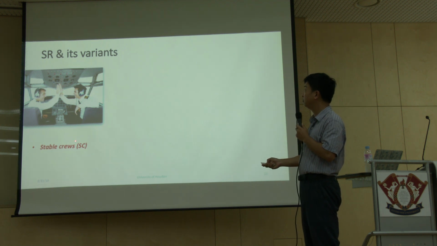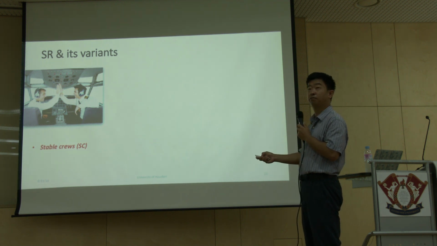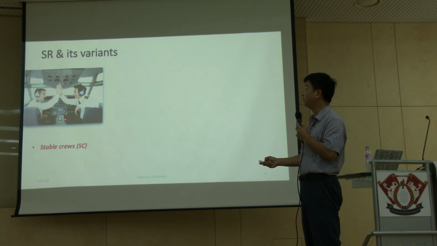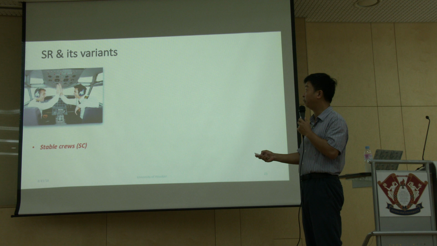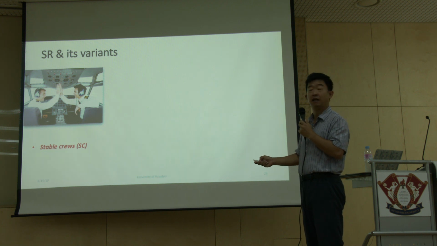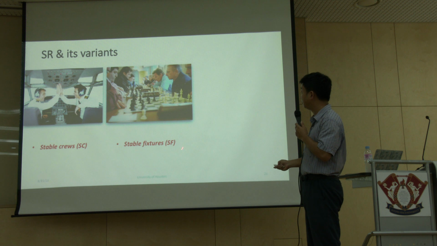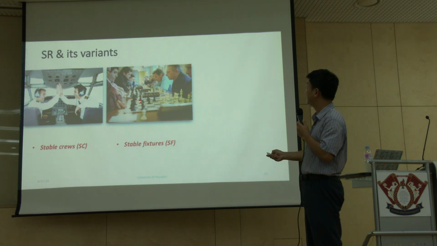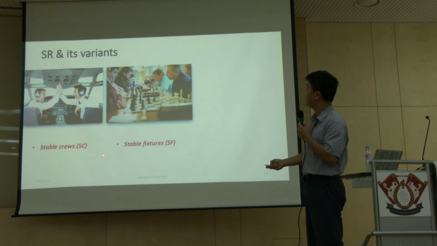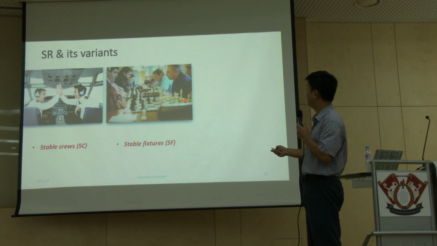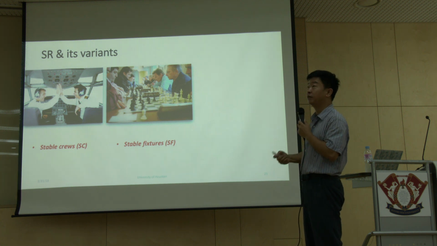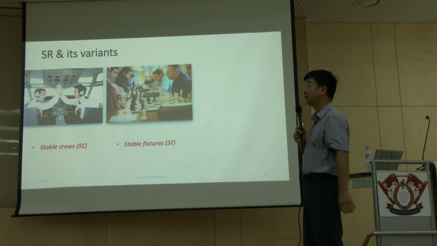In this stable crew, for example, there's a pilot and a co-pilot. The only difference is that they have the roles of pilot and co-pilot; otherwise it's the same. Then there's the stable fixture. Basically it means we have a set of chess players and another set of chess players, and we want to allocate them such that